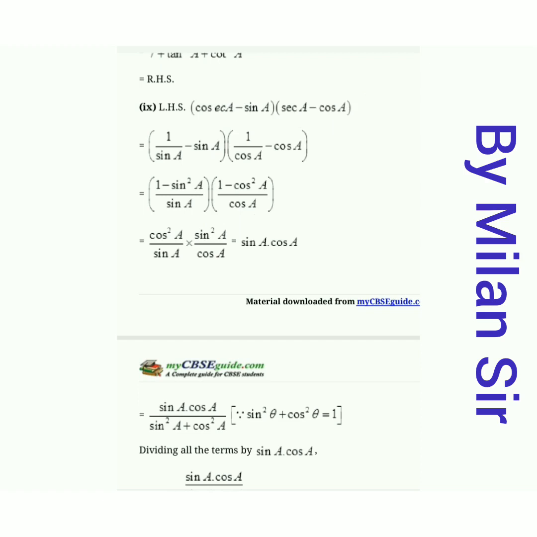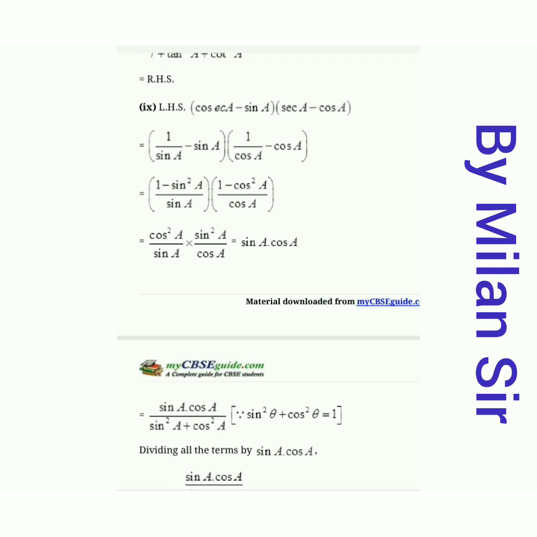So we can use this method: solve both sides, meaning left hand side and right hand side. Here first of all put the value of cosec a and the value of sec a. Then take LCM in both brackets. So sin into sin, 1 minus sin square upon sin a, and here 1 minus cos square a upon cos a. Then multiply these two brackets. So here 1 minus sin square a is cos square a, and 1 minus cos square a is sin square a, divided by sin a into cos a. So one cos a cuts, one sin a cuts. So finally sin a into cos a.